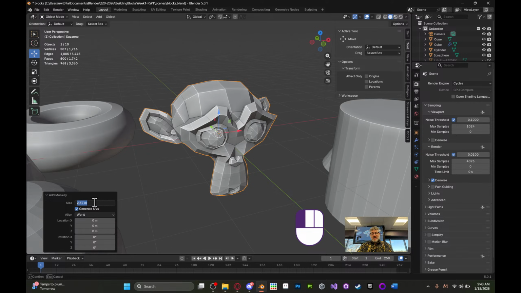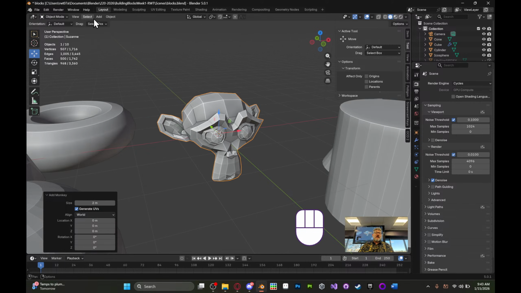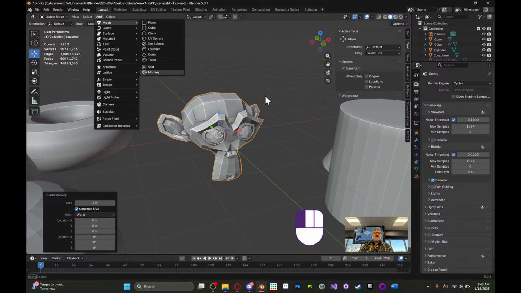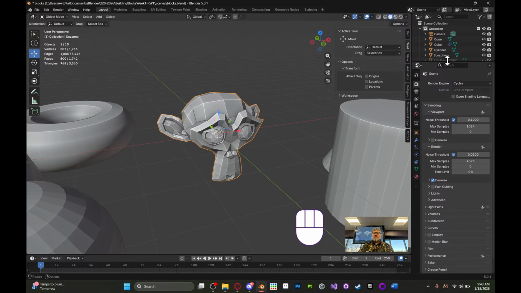Okay. And then we've got Suzanne. So if you go to add and mesh and monkey, then we get this, and you can see over here on